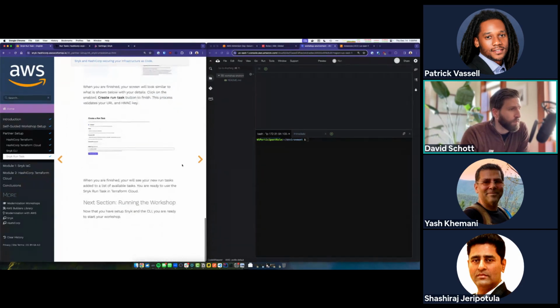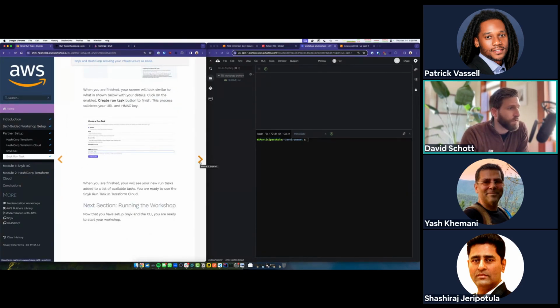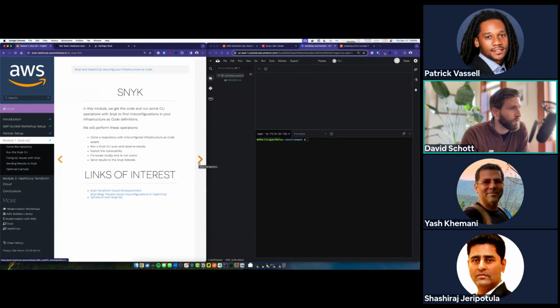Okay, I believe that is all the prerequisites. And we're going to actually start running the workshop. Okay, so everything's in place. We've got a developer IDE in front of us, Amazon Cloud9, I believe AWS Cloud9. We've got our CLIs installed and all the right kind of access rights to move forward. So now what we're going to do is go grab some code and get some code into this Cloud9 environment so we can start interacting with it.